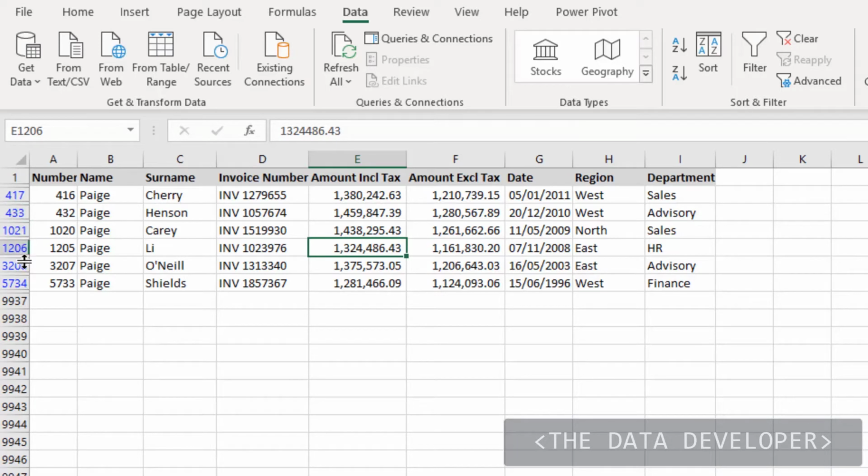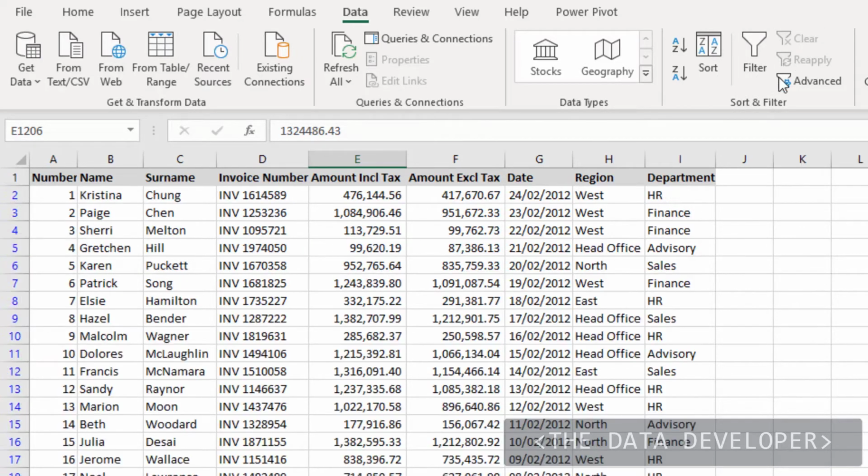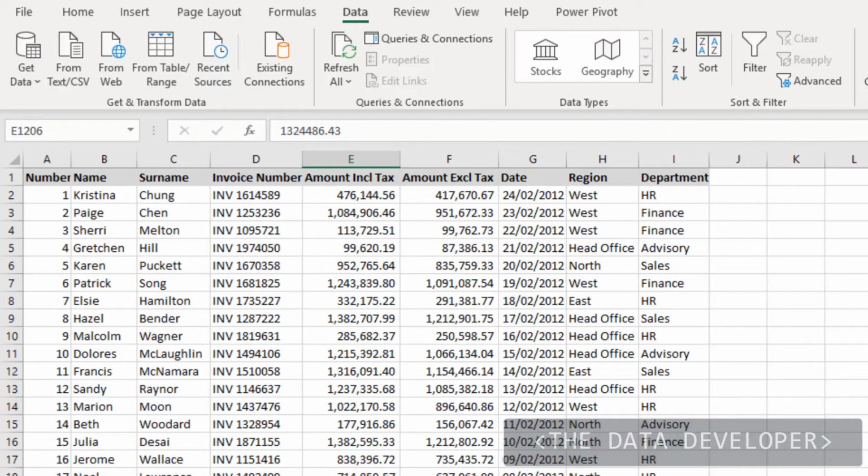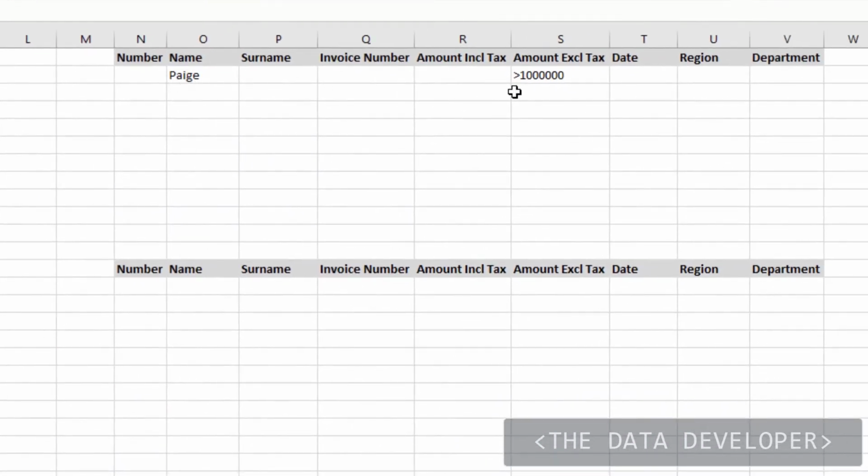What's different about advanced filtering, you won't see the drop downs here, but if you look on the left, you can see these numbers are in blue and you can see a lot of missing data. This is the same as hiding those cells. You can still click on top here to clear the data to see your full list again. As I said before, you can have multiple conditions. If I leave it like this, Page and bigger than 1 million in one row, it means both these conditions